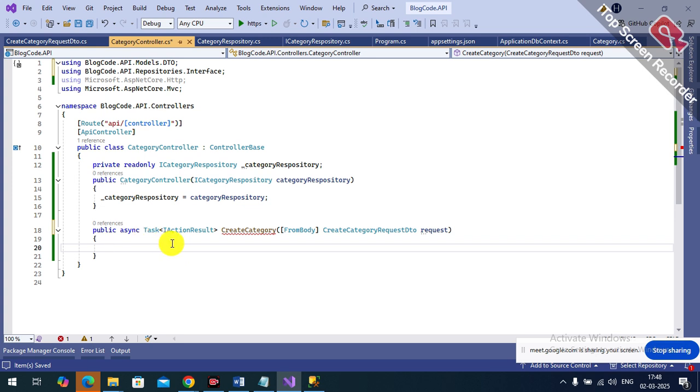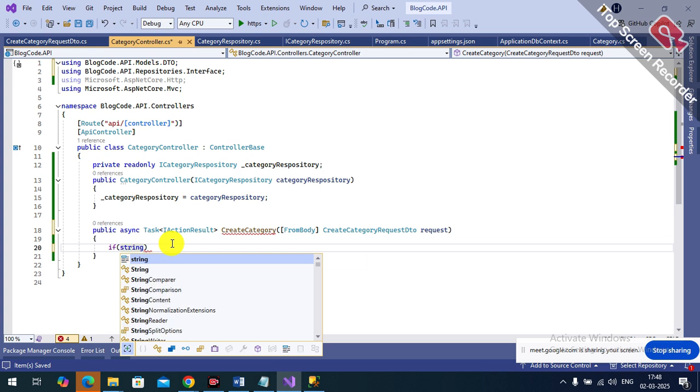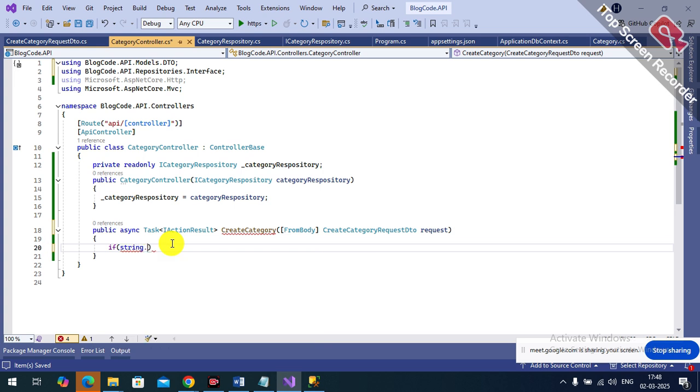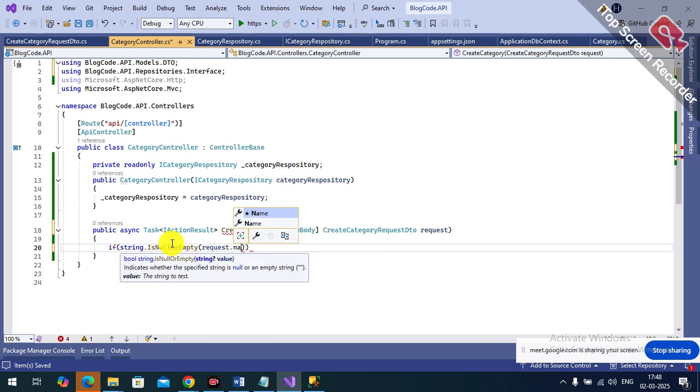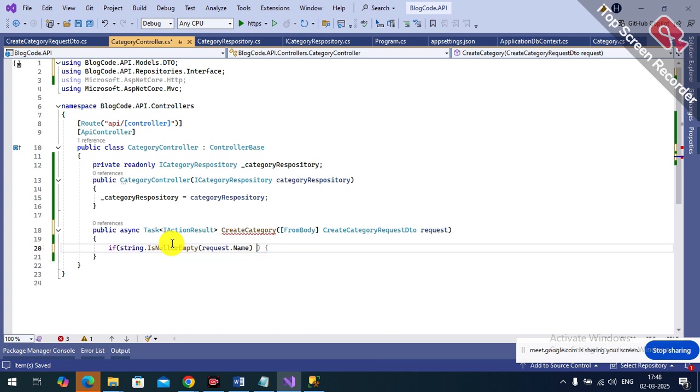Now what I need to do, first check whether the request is null or not. So how will you check? Any idea? Is null or empty. What is null or empty? Request dot name or